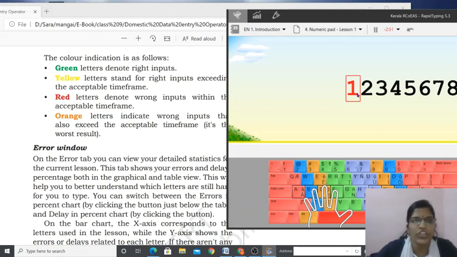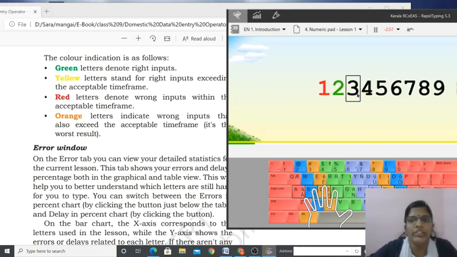So again, I'm going to type number 2. Okay. So number 1, okay, it's over. Then I type number 2. Now do you see what is the color of number 2? It's green color. So what does it say? Green letters denote right inputs at the right time interval. Okay. Then number 3, I'm waiting for a long time. I'm just waiting for orange color.